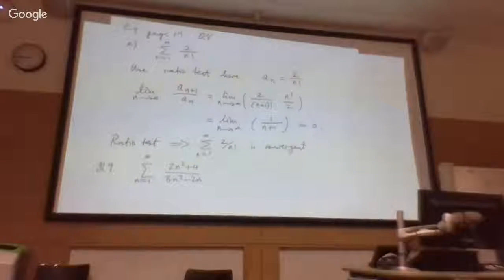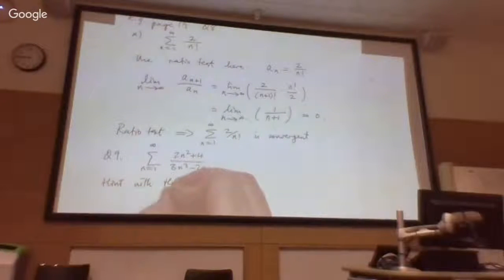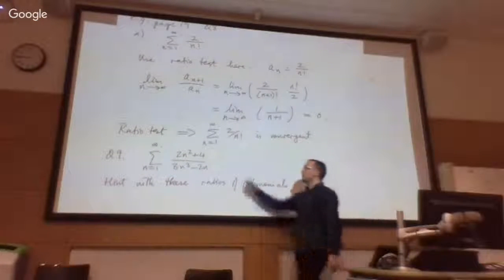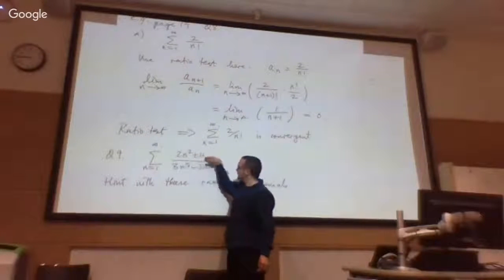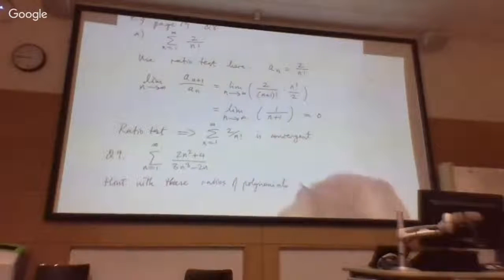Now, the hint with these ratios of polynomials, which is what this is, where the series term is a ratio of polynomials in the indexing variable. N is the indexing variable. So some polynomial in n divided by another one, is to compare it